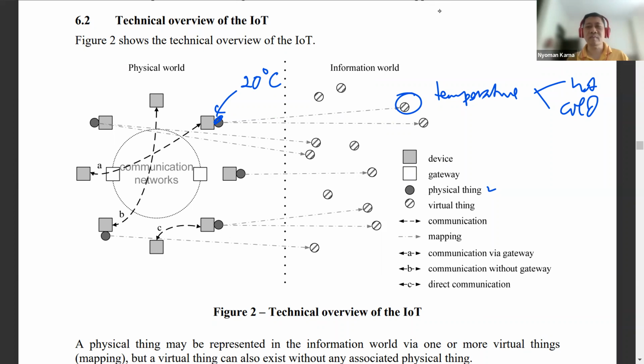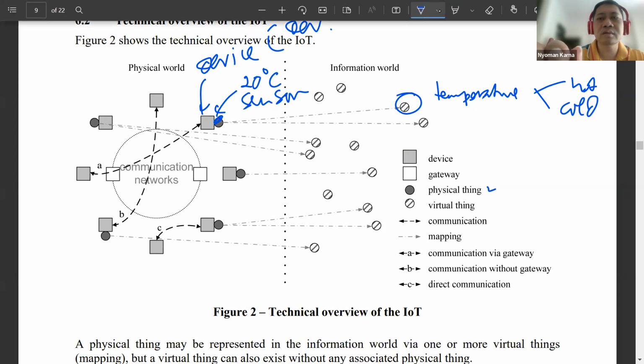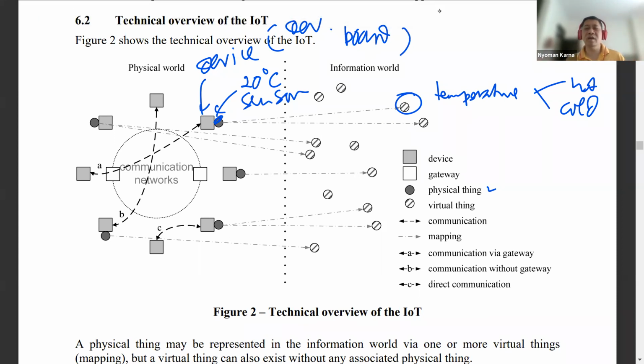Now, to process that value, we need something that we call an IoT device. So this is the sensor, and this is the device. And we usually use something that we call a development board. For example, we can use the Arduino, or the Node MCU, or Raspberry Pi, etc. That's what we call an IoT device.